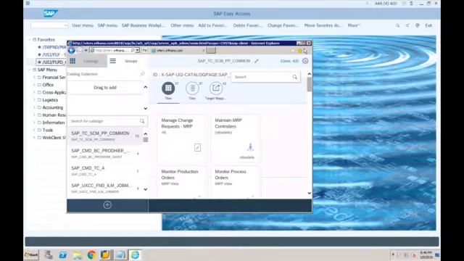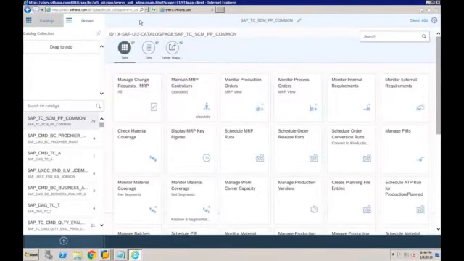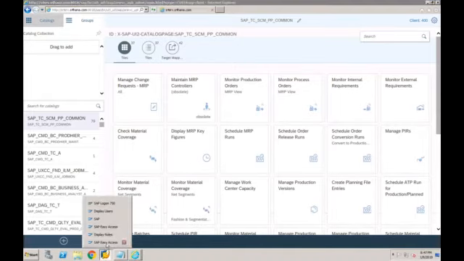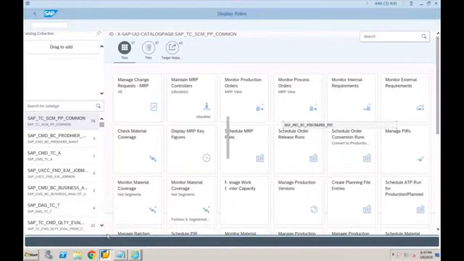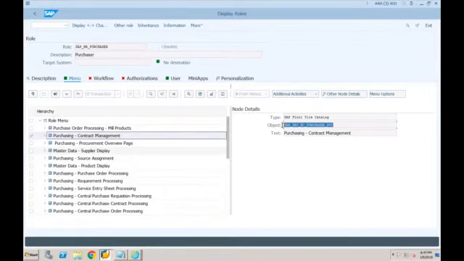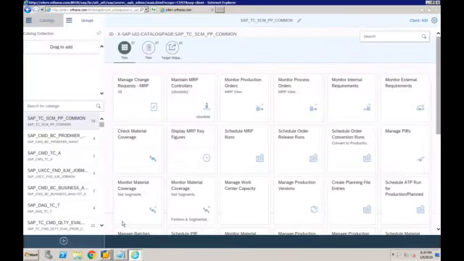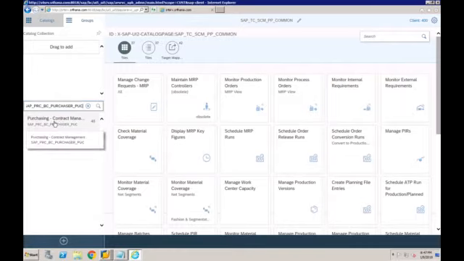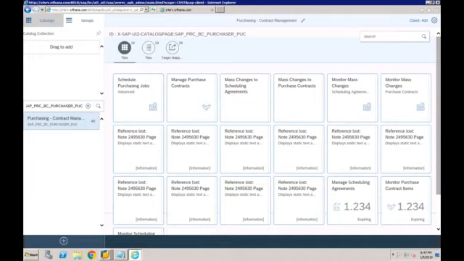So this is our Fiori Launchpad Designer. Now you can see in the Fiori Launchpad Designer, there are two sections, catalogs and groups. Currently we are in the catalogs tab and we already copied this catalog from the roles, this is one of the catalogs. So let's open that catalog here. I will just enter this catalog ID here and press the search button. Okay, so the system is showing this catalog. Just click on this catalog and it will tell you what are the different apps available in this catalog.